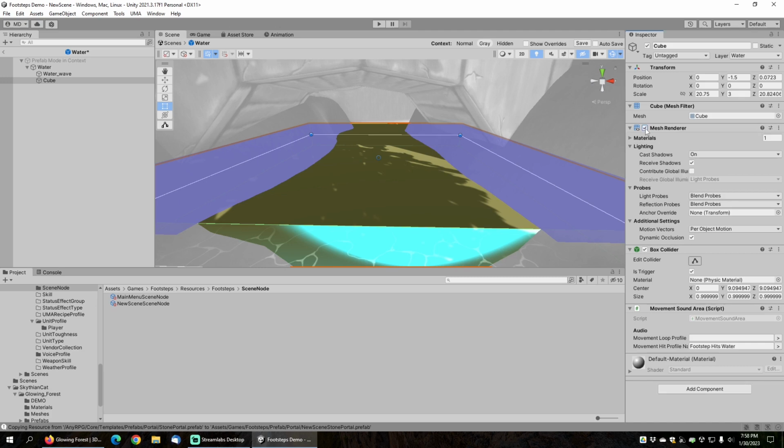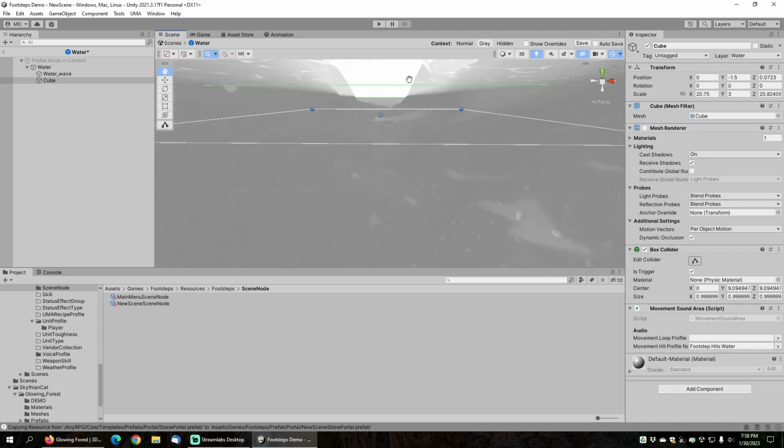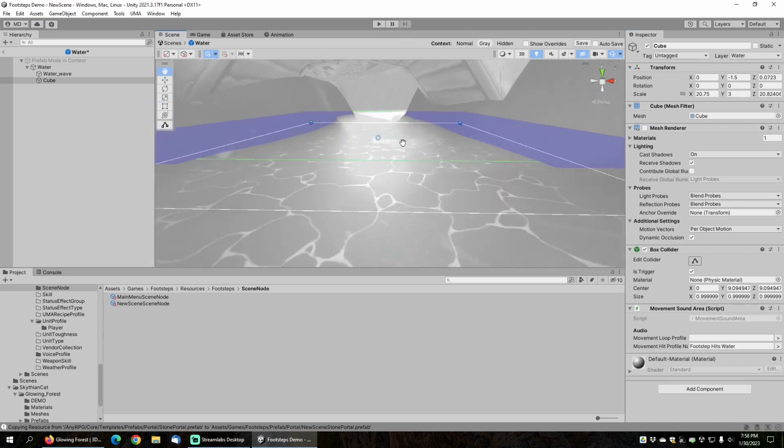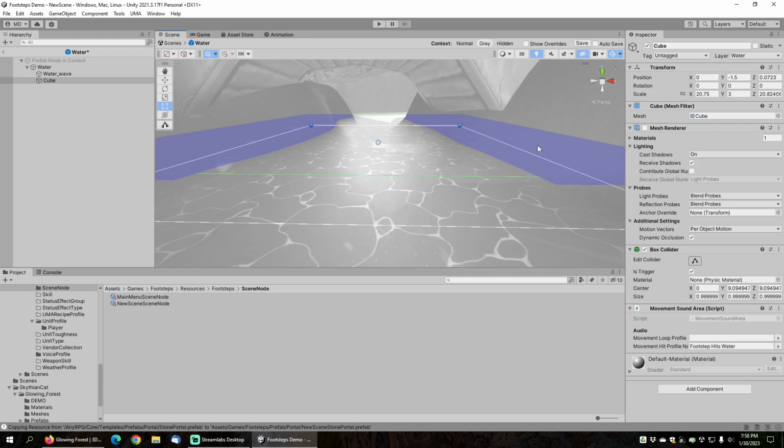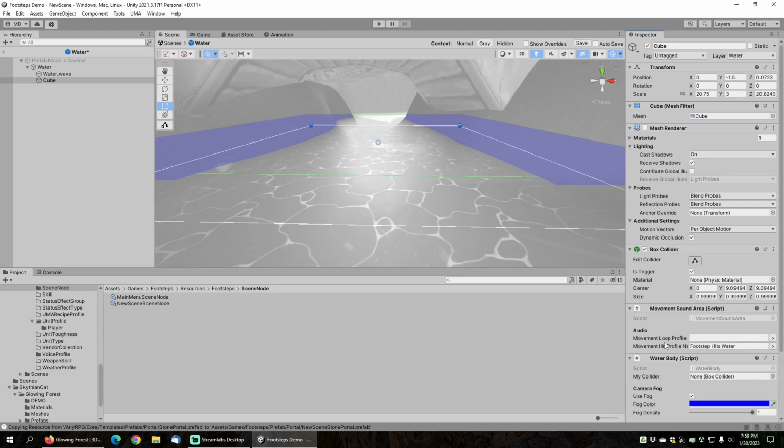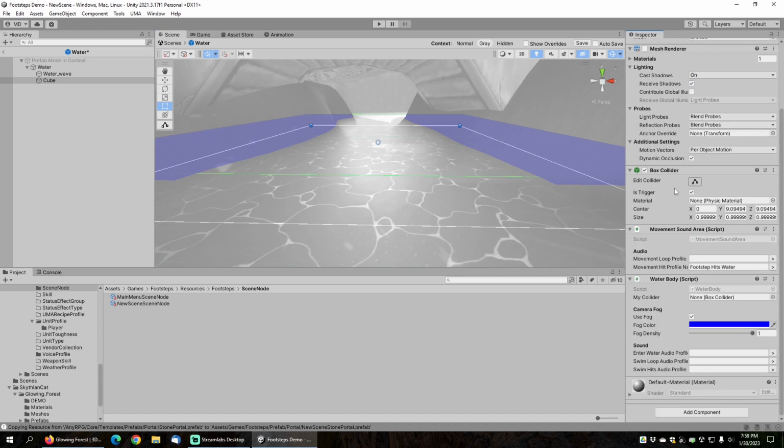Let's just uncheck the mesh renderer here so that the cube is actually an invisible cube. But there is one more thing that we can do, and we can actually make this water so that we can swim in it as well. So I'm going to type in water here and add a water body. I'll pull in the box collider right here, and